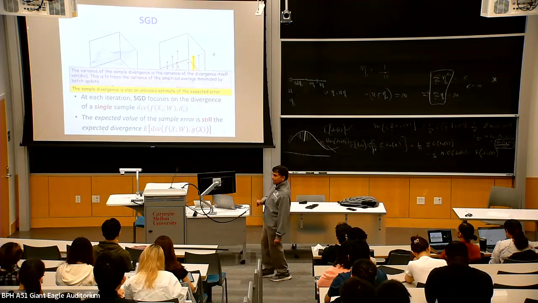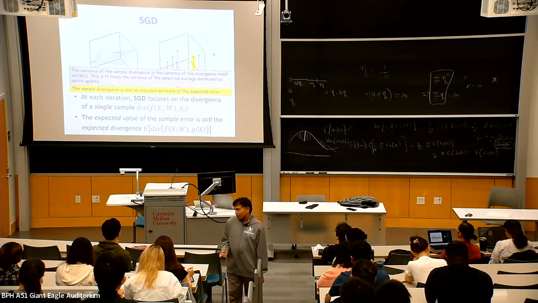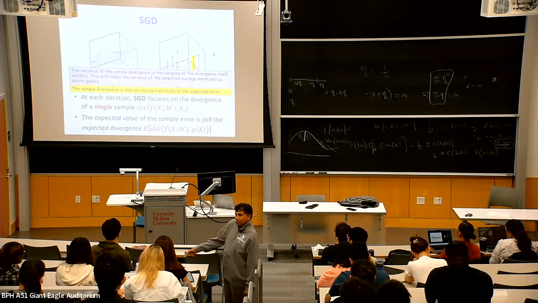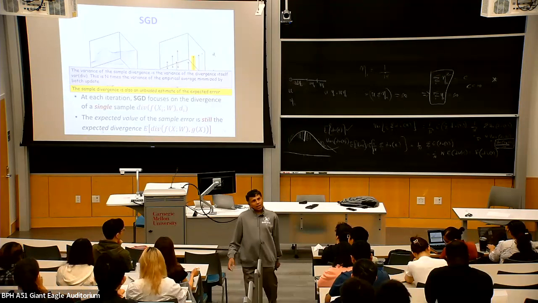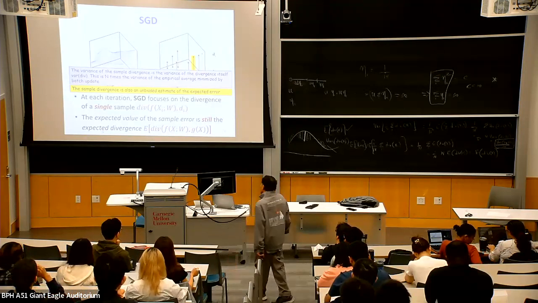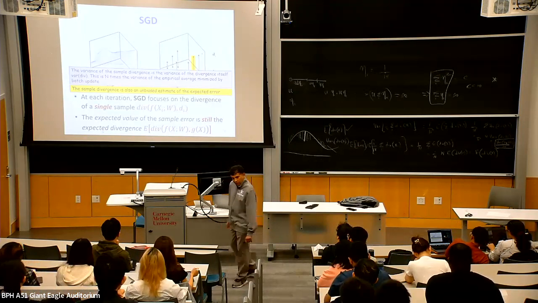But the variance is going to be the variance of the divergence itself, right? Because you just have one point. It means that if you look at all of our losses, the variance is going to be much larger than if each of us had a collection of training points. So the variance of the sample divergence,